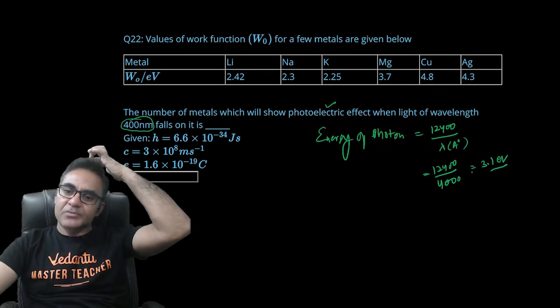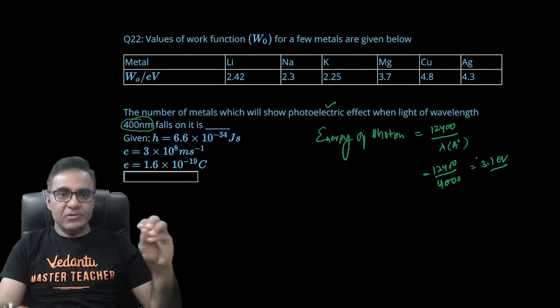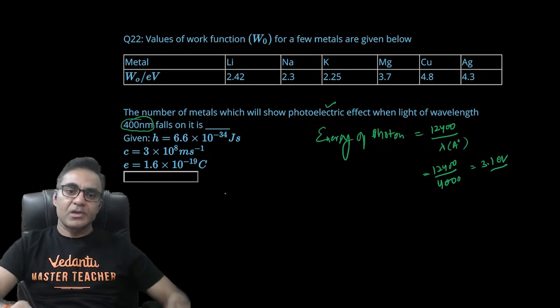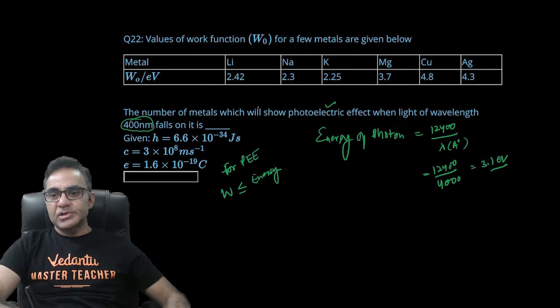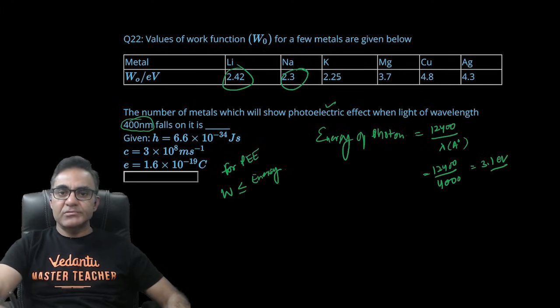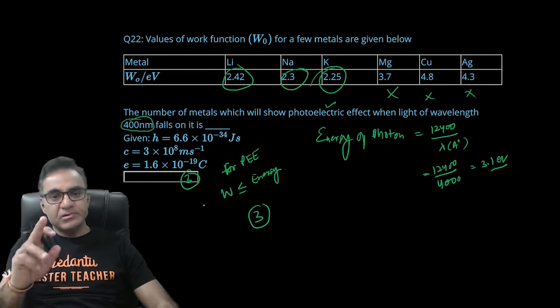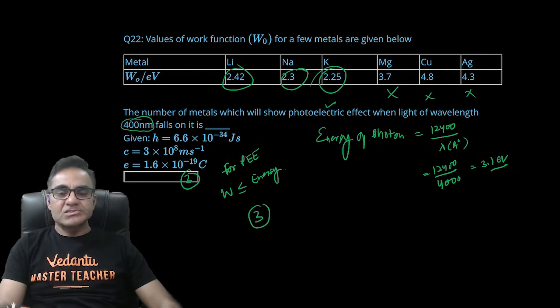ये लाइट का एनर्जी है। तो एनी मेटल हैविंग वर्क फंक्शन लेस देन 3.1 इलेक्ट्रॉन वोल्ट विल शो फोटोइलेक्ट्रिक इफेक्ट, तो वर्क फंक्शन शुड बी लेस देन और इक्वल टू एनर्जी ऑफ फोटोन फॉर फोटोइलेक्ट्रिक इफेक्ट। तो 3.1 से कौन सी वैल्यू कम है, लिथियम का है, सोडियम का है, पोटेशियम का है, मैग्नीशियम और कॉपर और सिल्वर का नहीं है। दैट मीन्स टोटल 3 मेटल्स ऐसे होंगे जो फोटो इलेक्ट्रिक इफेक्ट दिखाएंगे इस पर्टिकुलर वेवलेंथ की लाइट को इंसिडेंट करने से। ऑलराइट, तो योर आंसर इज गोइंग टू बी 3।